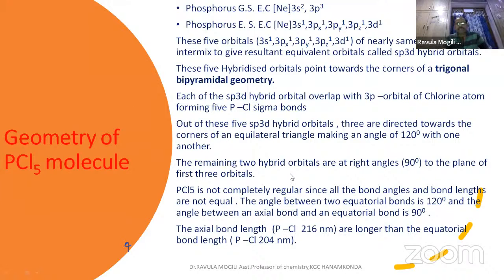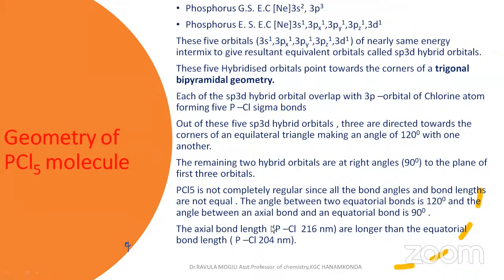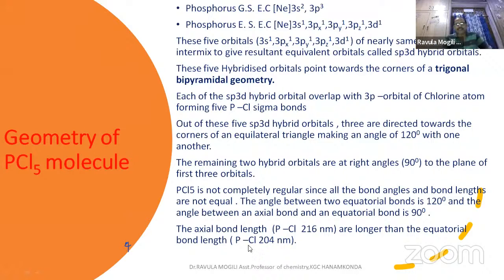So what is it about here? I am asking one question. The axial bond lengths for PCl5, the axial P-Cl bond lengths are 216 nanometers, longer than the equatorial bond